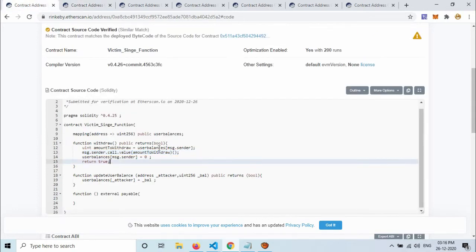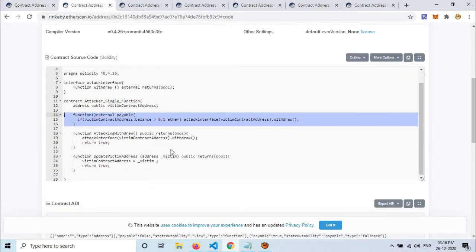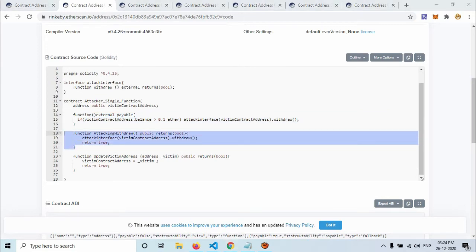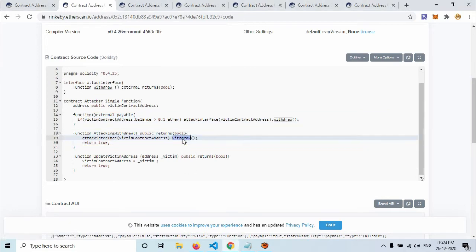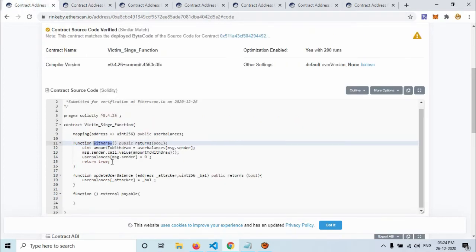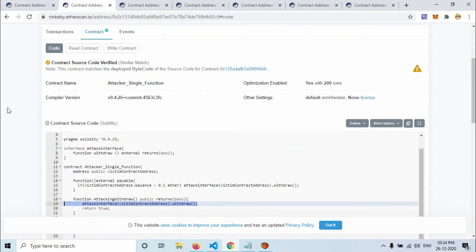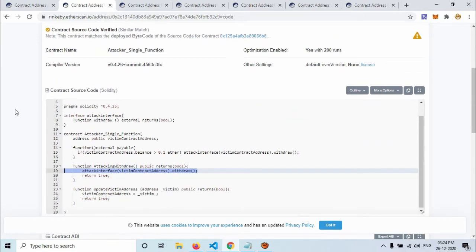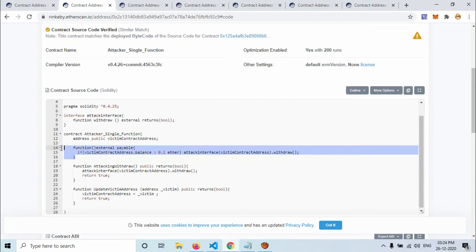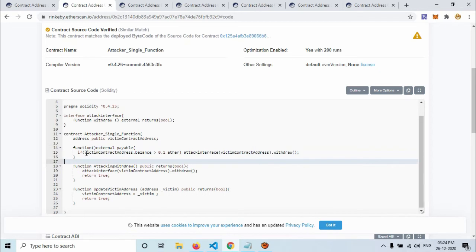This withdraw function will be called by line number 19, and victim contract will send ether to the caller from line number 13, and as soon as the attacker contract receives ether, its fallback function will be triggered. This is the fallback function, and this function will be triggered.